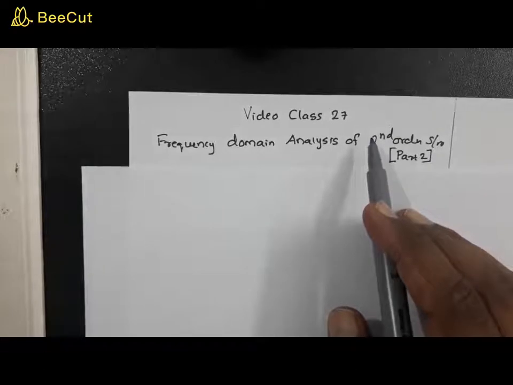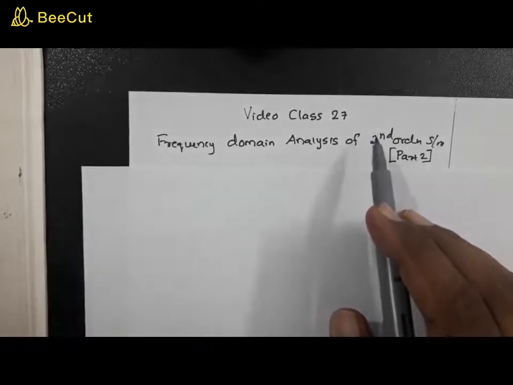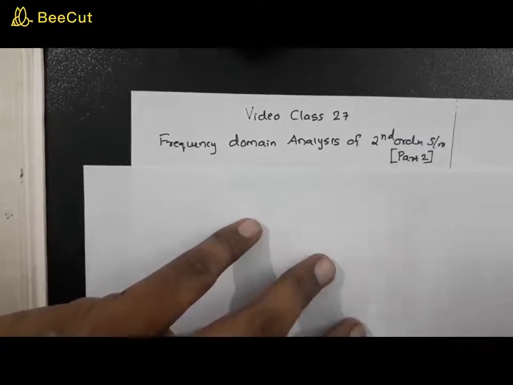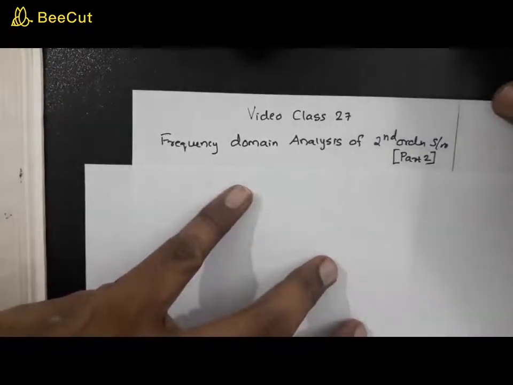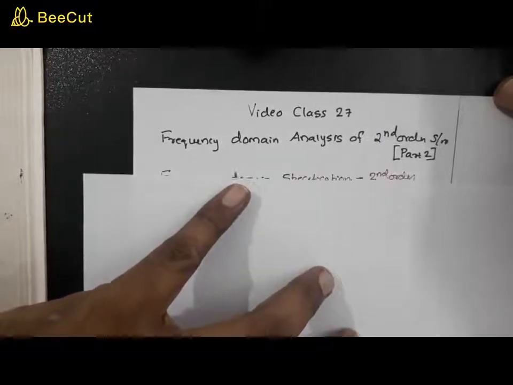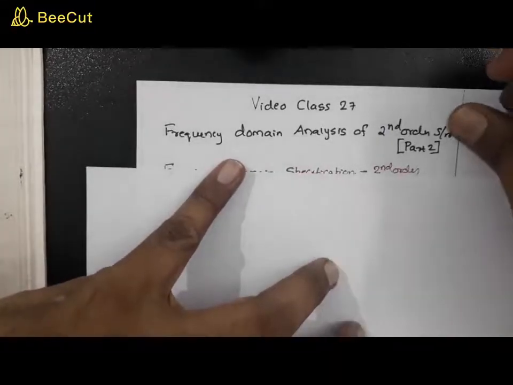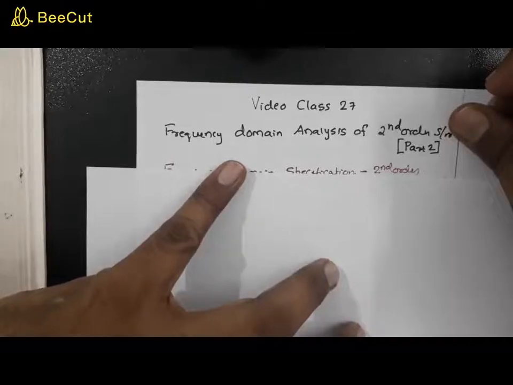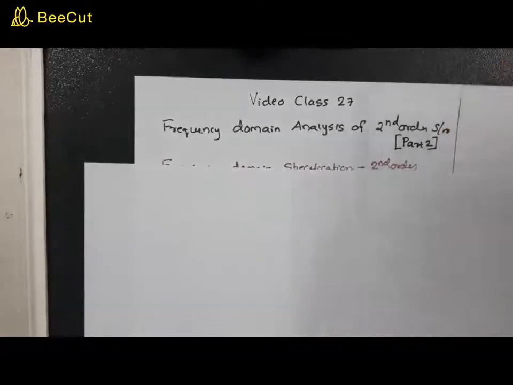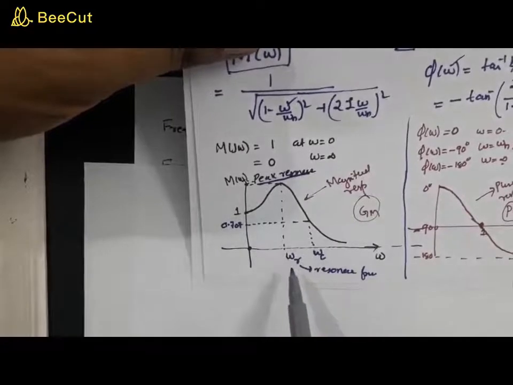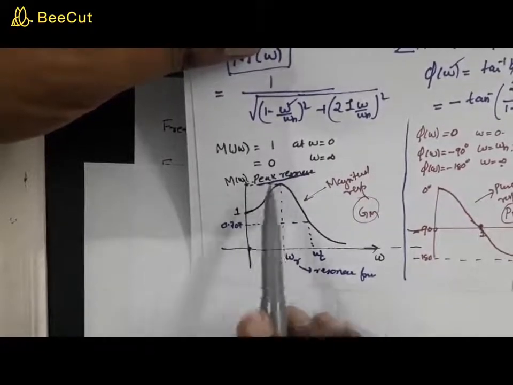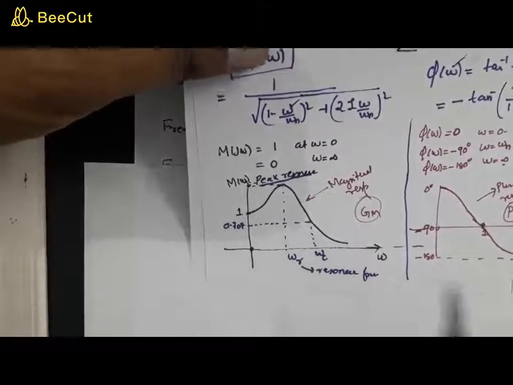So the frequency response is basically two types: magnitude response and phase response, and we have tried to plot the magnitude and phase response of a second order system. You might be remembering in that class, I will be showing that slide again, we have defined some of the specifications like resonance frequency, peak resonance, cutoff frequency, and in this